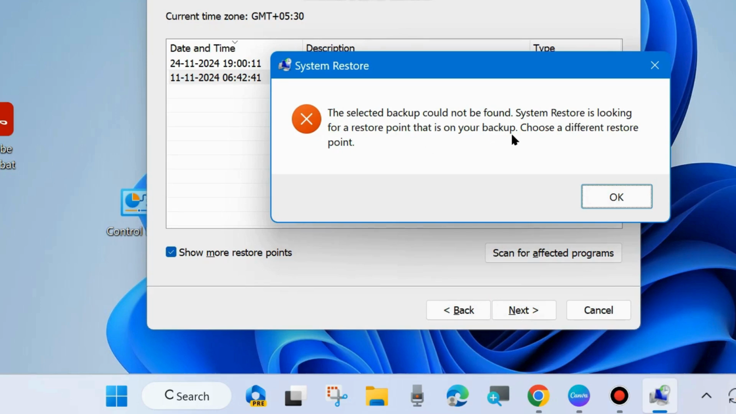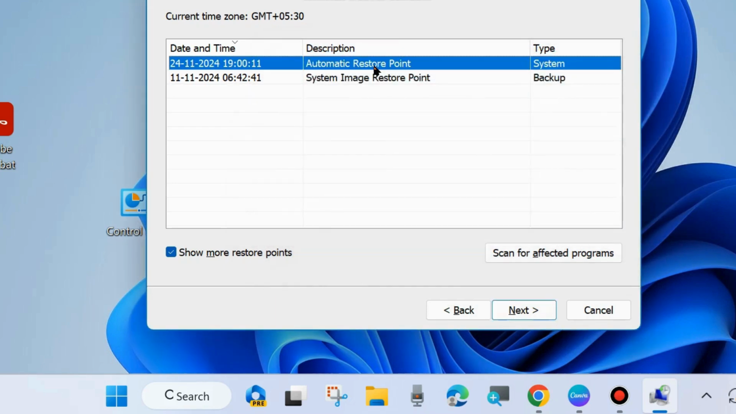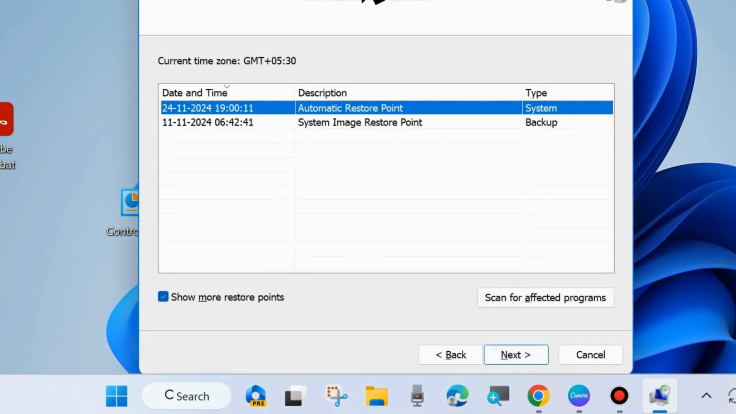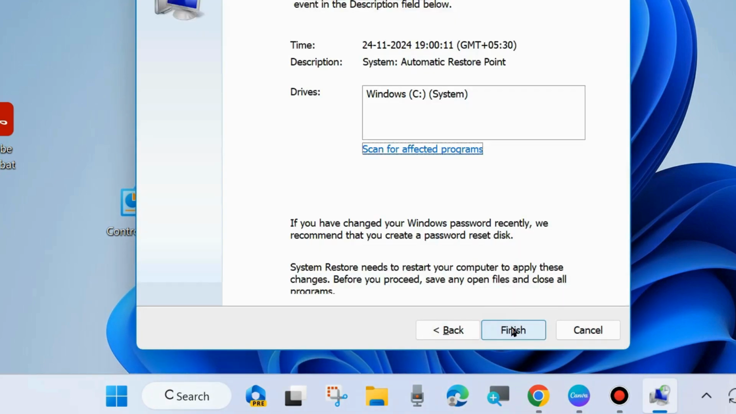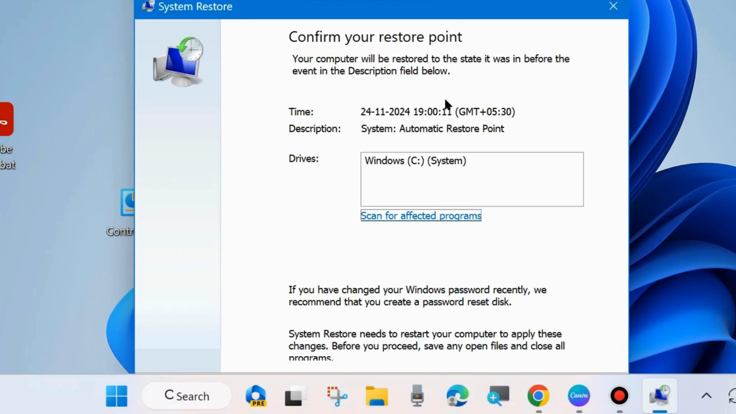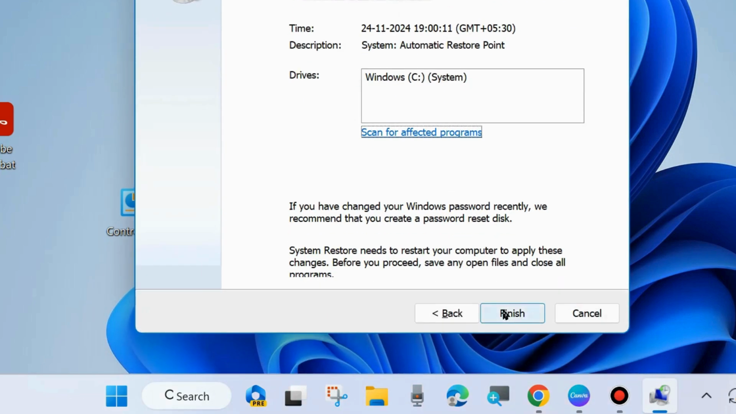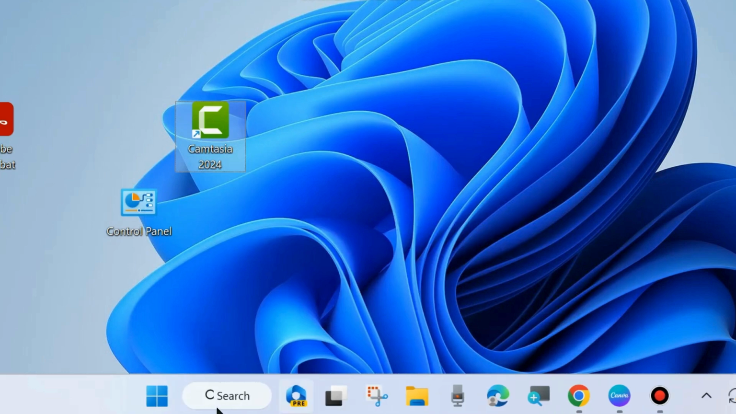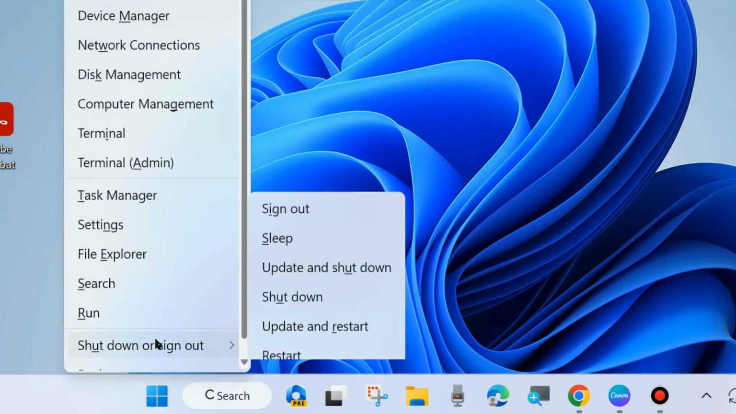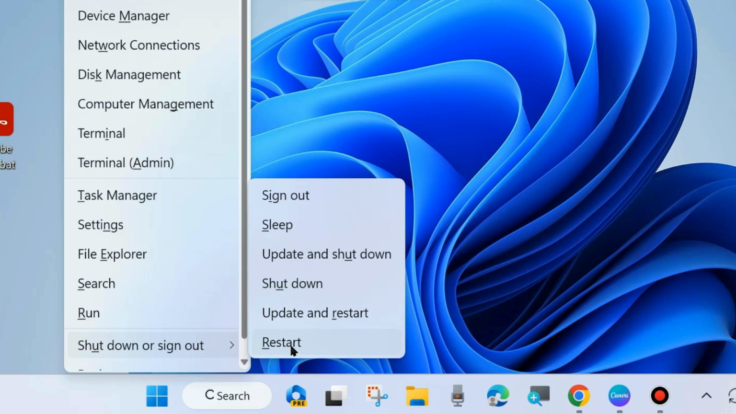This selected backup could not be found. System restore is looking for a restore point. So choose another system restore point. You may create your own restore point and click on next and finally confirm your restoration point. Click on finish. After that, don't forget to restart your system. Your Windows 11 and 10 error